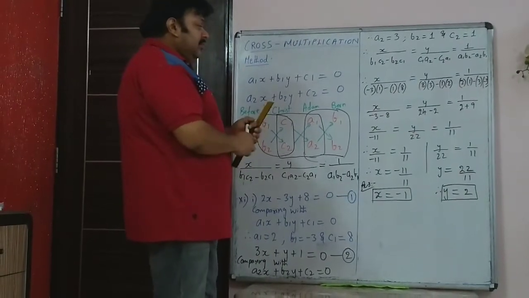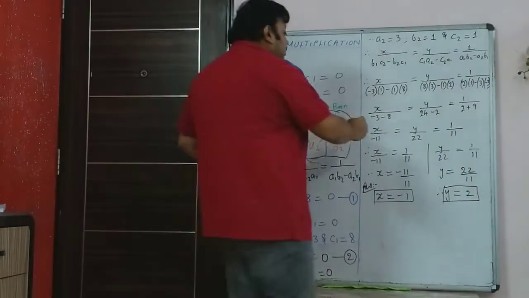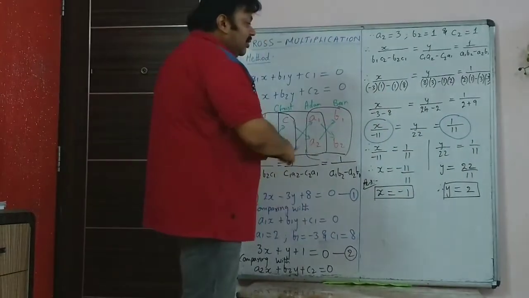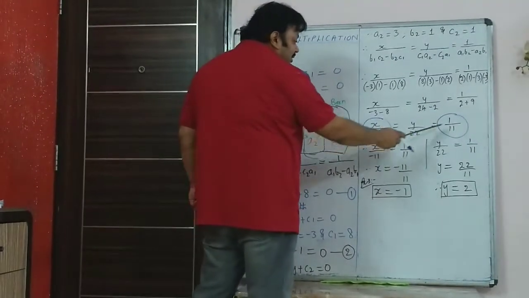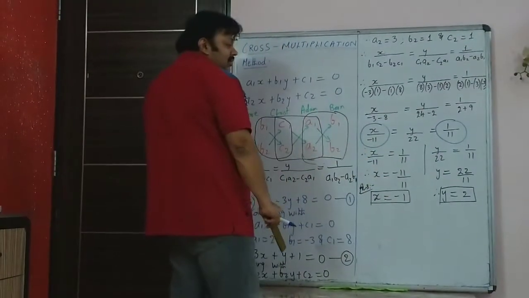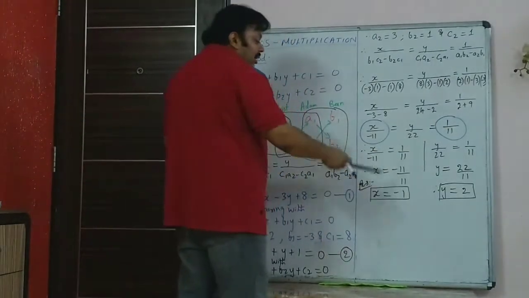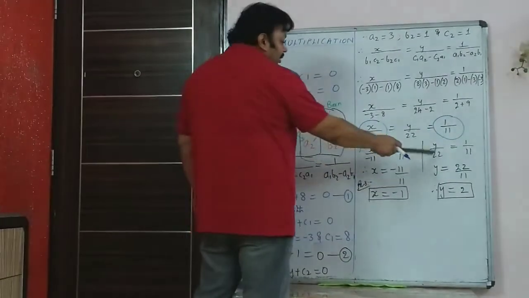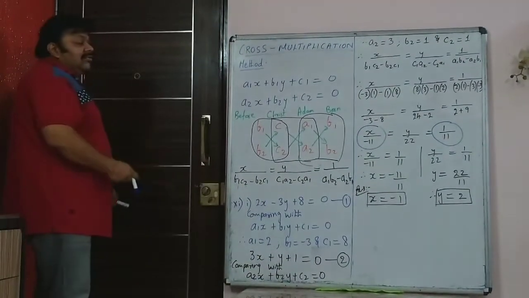So now here we have to make two equations with this. So with this you can say that this and this are equal. So x upon minus 11 equal to 1 upon 11. And you can also say that this is equal to the constant term, that is y upon 22 is equal to 1 upon 11. So there are two separate equal to's which we have used, and from this you will get x is minus 11 upon 11, which is minus 1, and y is 22 upon 11, which is 2. So this method is the cross multiplication method.